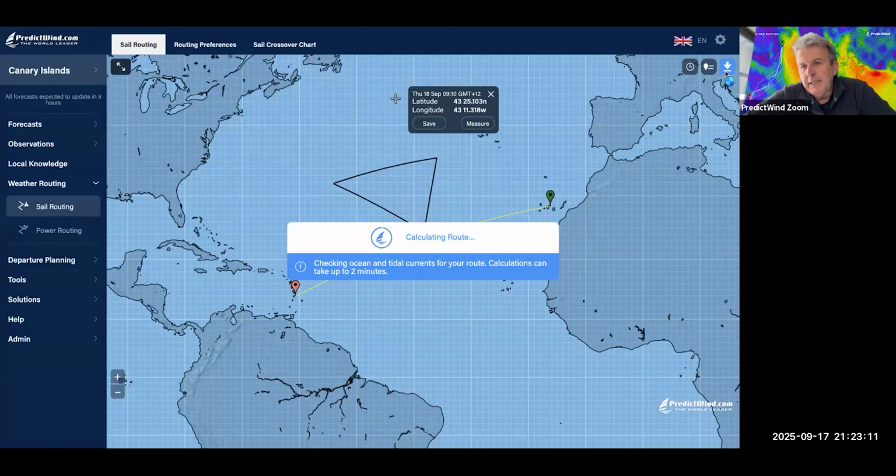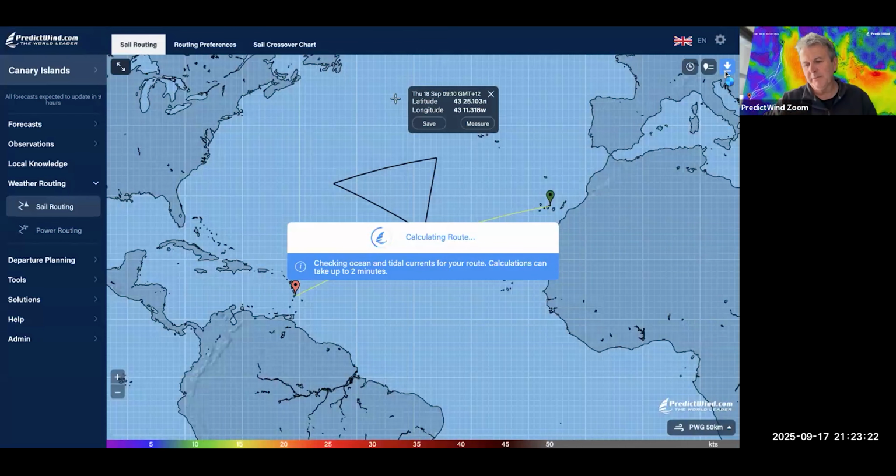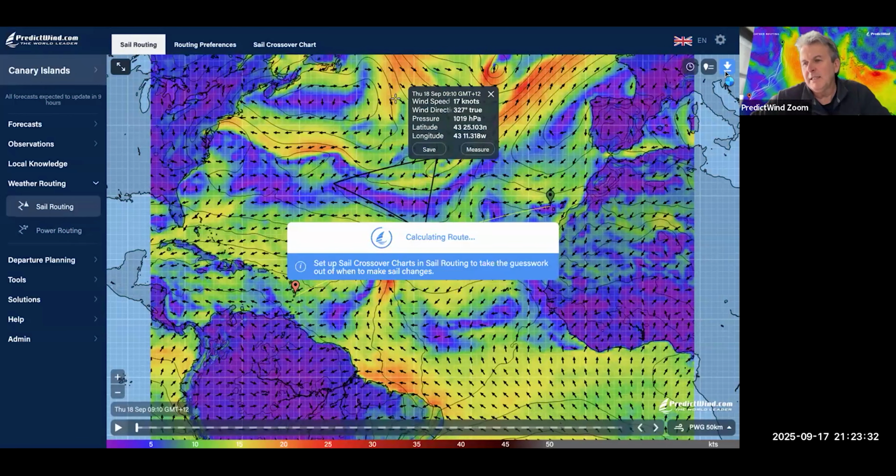So all roads lead to that blue download arrow top right, and it's going to take some time to calculate. It could take up to 2 to 3 minutes, because what's actually happening here, we're sending all that information back to the router. So where your start waypoint is, your finish waypoint is, your boat polars, any adjustments on those. It's looking at the tidal data, it's looking at the ocean data, and it's clearly looking at all the wind data. So it will take a while to